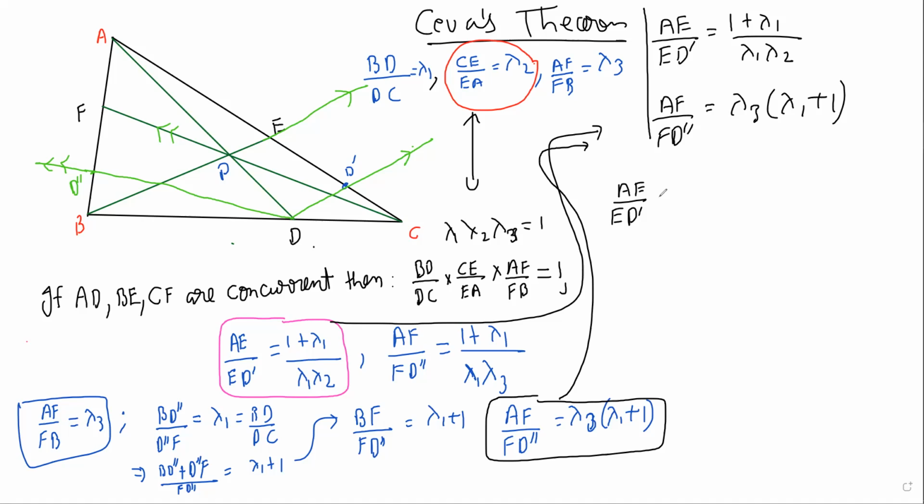So let's divide them. If you divide them, then you get this. So it makes sense to divide them. I get it. That's why you're dividing. So when you divide these two things, you can check, you just get